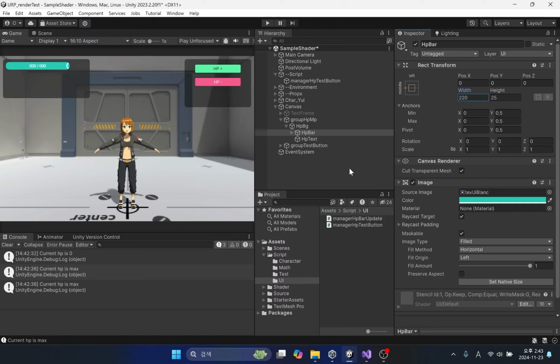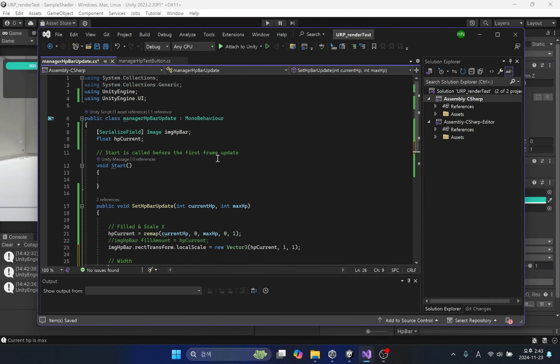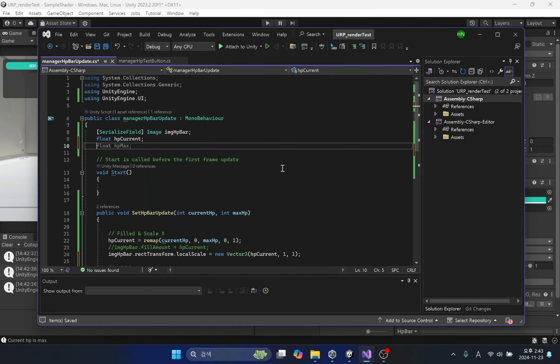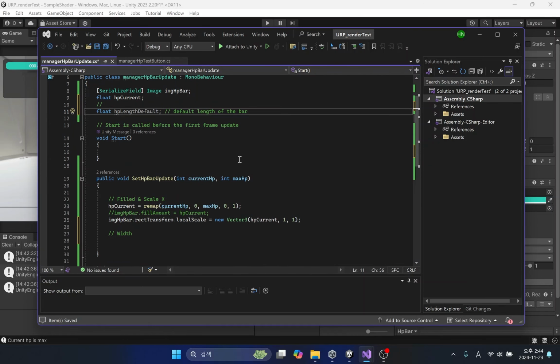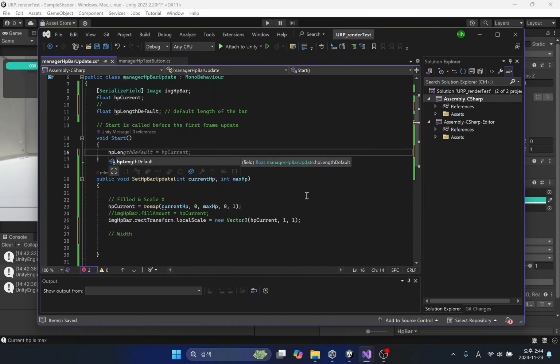Since we are using the length of the image, we need a separate variable. I created a variable to store the length of the image. In the start function, we need to store the width of the image in a variable.